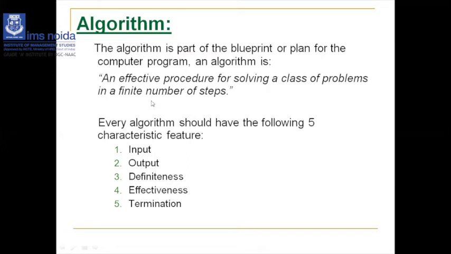But there are certain characteristics, certain rules to write the algorithm. The first is input. There must be an input part for the algorithm. Input is not necessarily always one. Sometimes you are displaying any message, so it means input can be zero. But there must always be some output, whether it is in the form of numeric or text. So output is one, it means at least one output should be there.